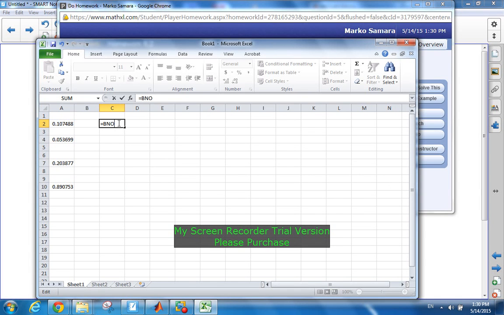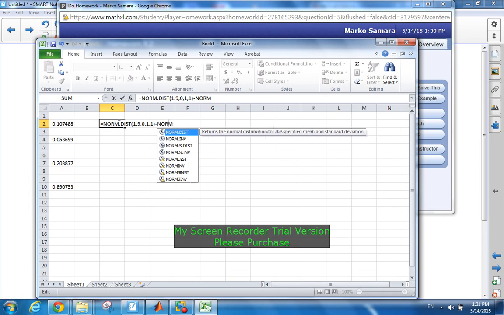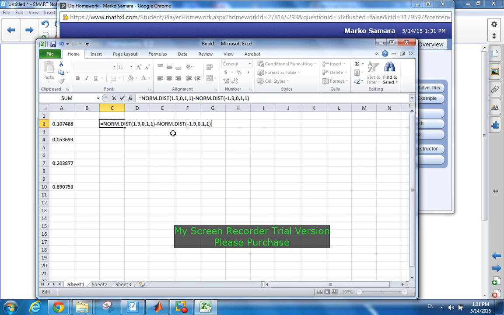So NORM.DIST of 1.9019 minus NORM.DIST of negative 1.9011, 0, 1, and 1, because the mean is 0, the standard deviation is 1, and the last one is cumulative. So when you round, if you also want to multiply by 100,